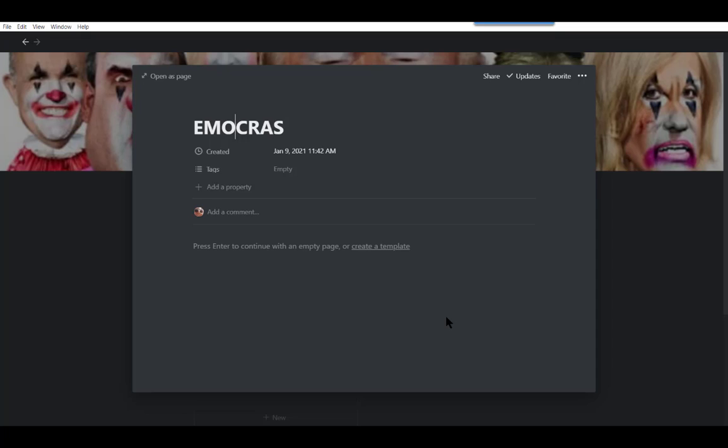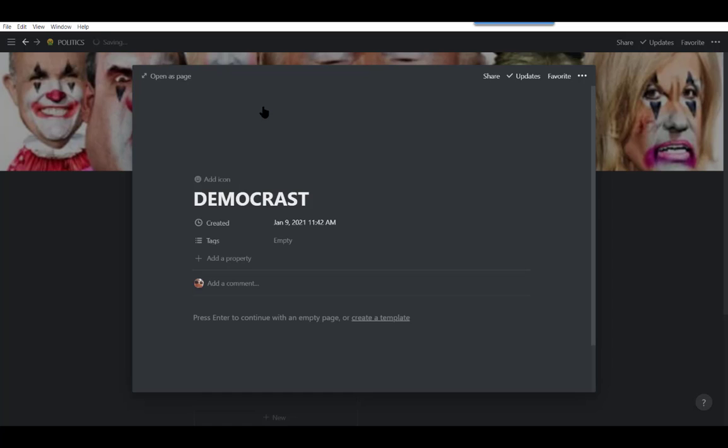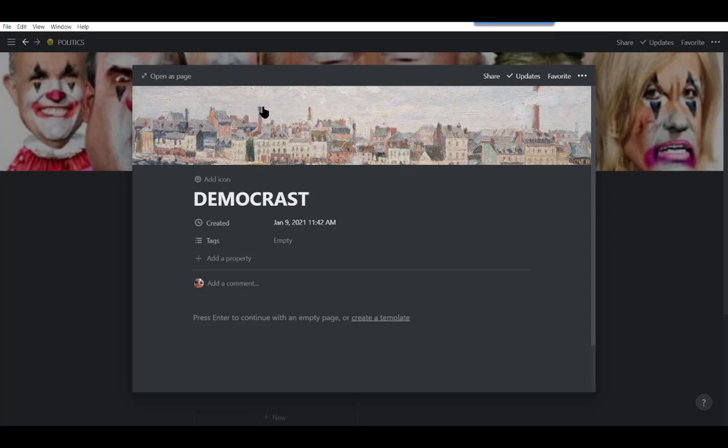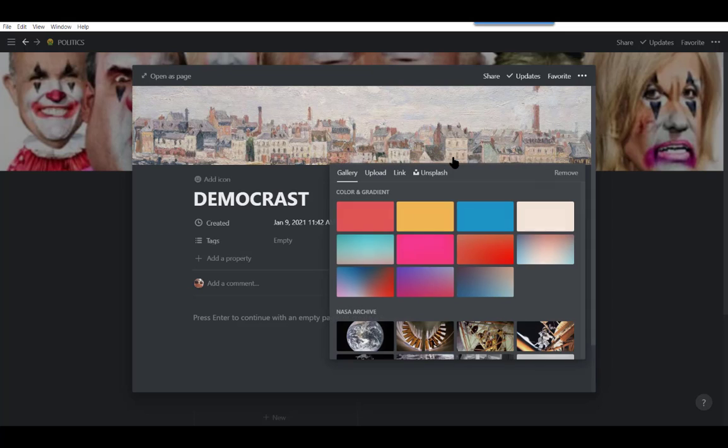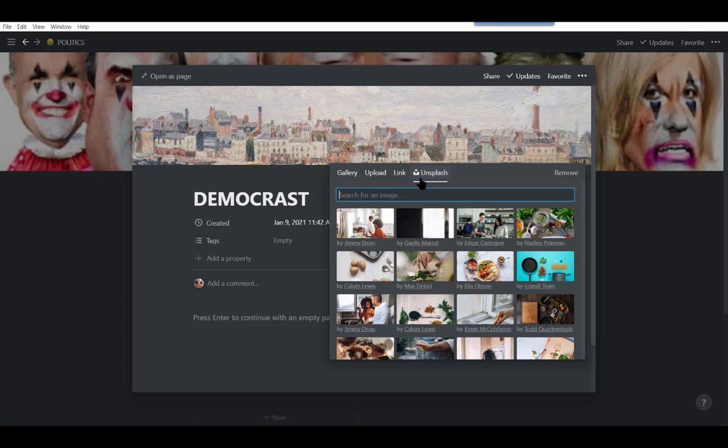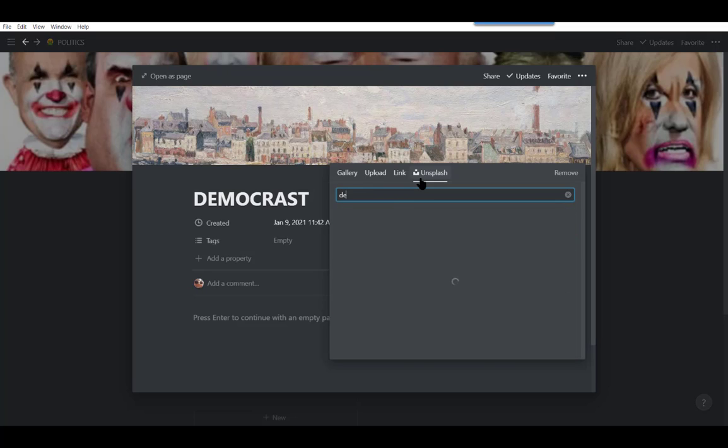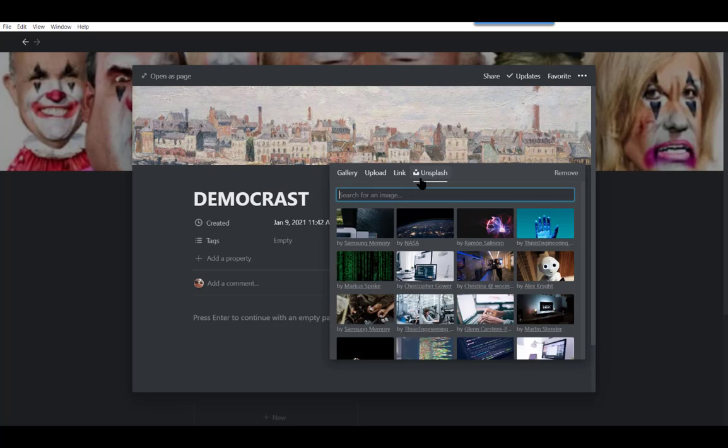Oh, it didn't take it in. Democrat, right? And I'm going to pick a cover for that too. So this is just a demonstration of how you create stuff in Notion. I don't like that, but I will hit this Unsplash. I'm going to pick politics because it looked like